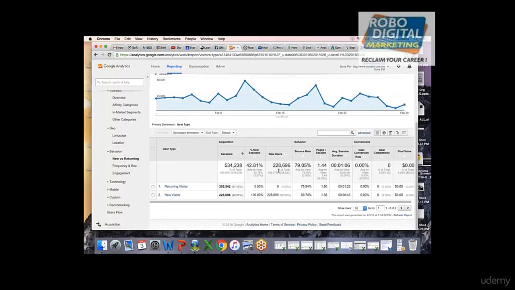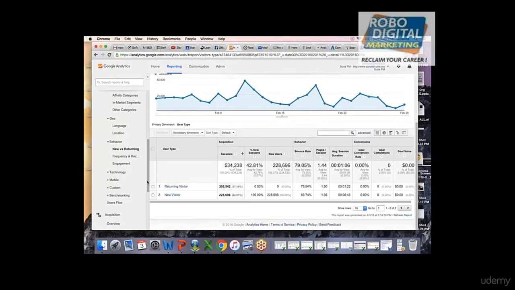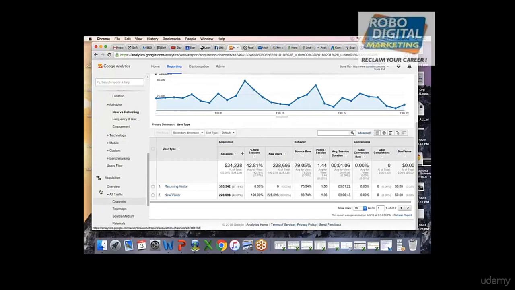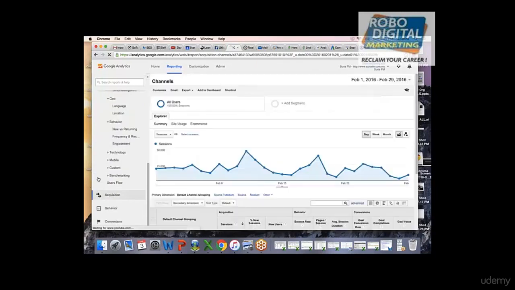Again, this is not the exact behavior tab. The behavior tab is just below. There is another behavior tab below acquisition, where you will find returning visitors. This behavior tab will show you the exact behavior of the user.